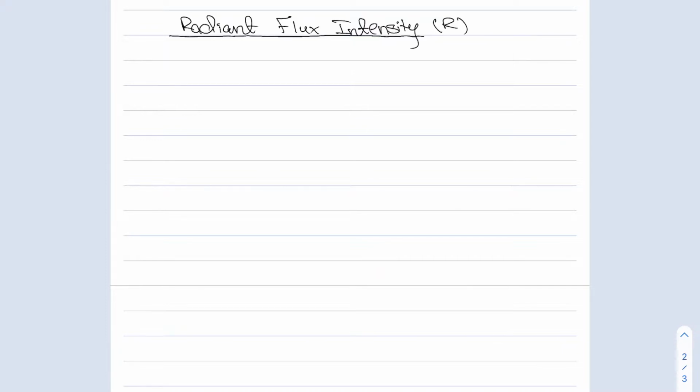So it's basically another term for intensity, but when talking about stars, we rephrase intensity as radiant flux intensity, so the person knows that we're talking specifically about stars, right? I'll tell you a basic definition first. We can define it as intensity